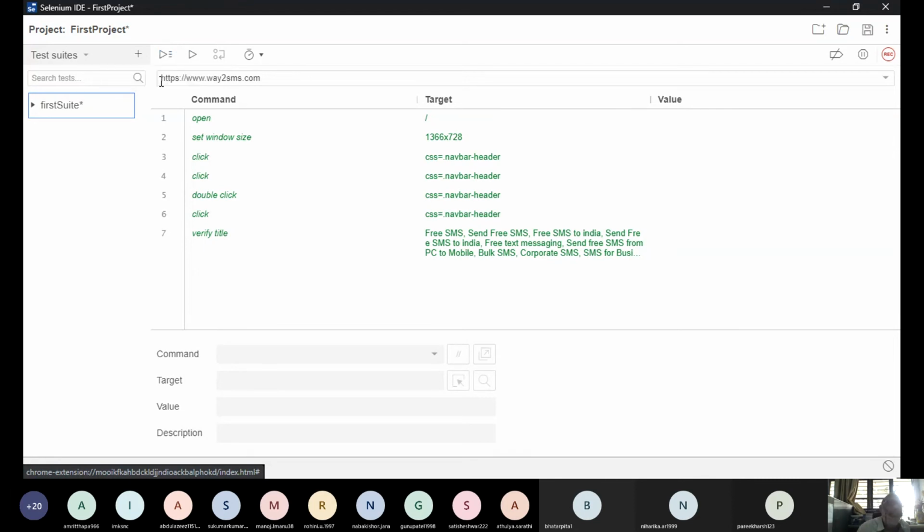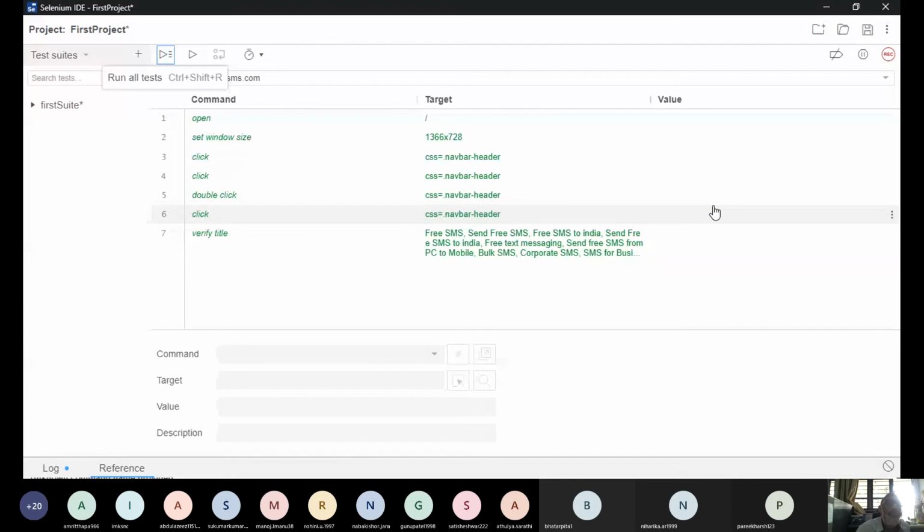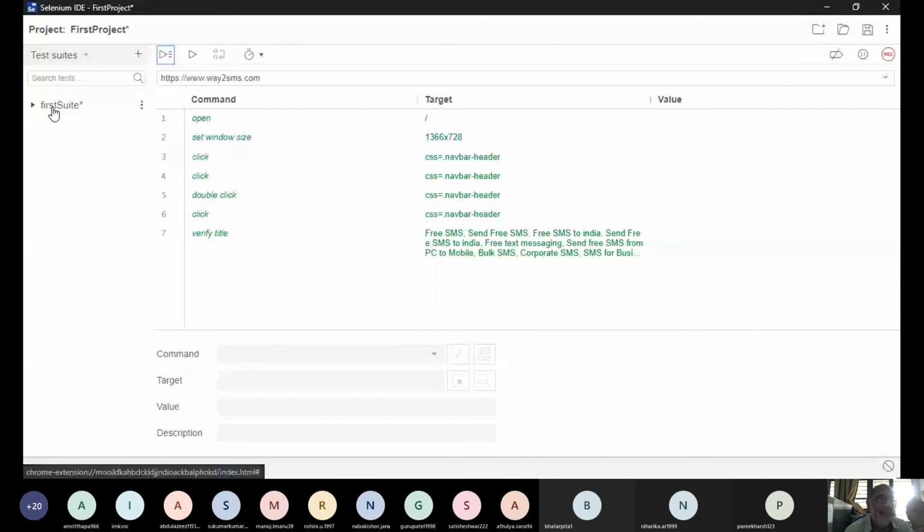So when you run like that, you see here, what is it telling? To play a suite, you must select a test case from within that suite. Please understand, this is very, very important. So when you want to run a test suite, you cannot click like earlier, when you selected a test case and ran it. Any test case you want to run, click that test case and then say run.